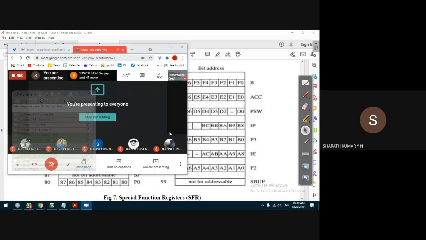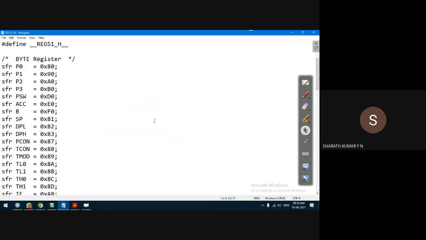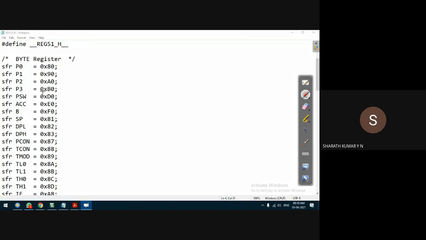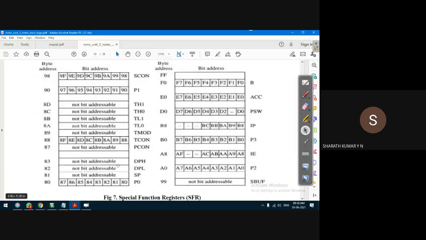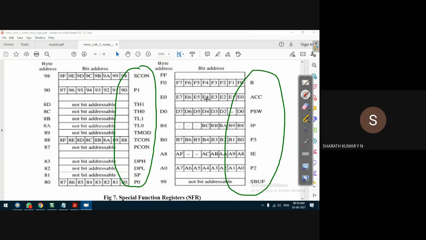Similarly, in 8051 programming, when we write the program in C language, we have to tell the compiler that there are some special function registers, as shown in this document. These are the names of the special function registers. Some of these special function registers are bit accessible, some of them are byte accessible.